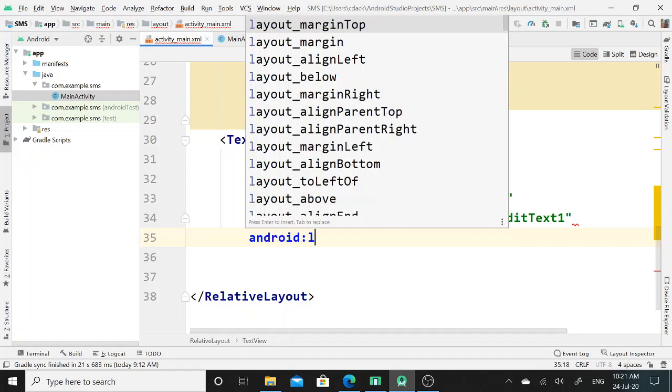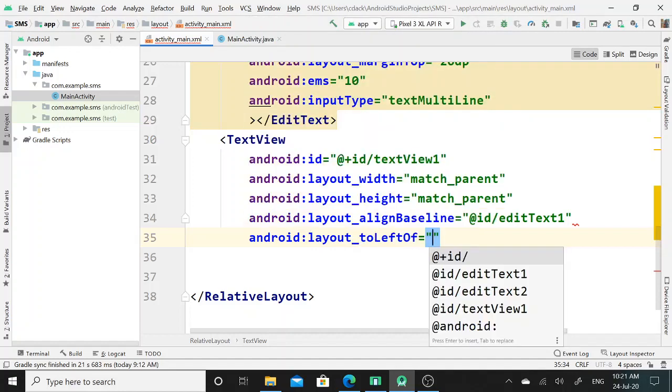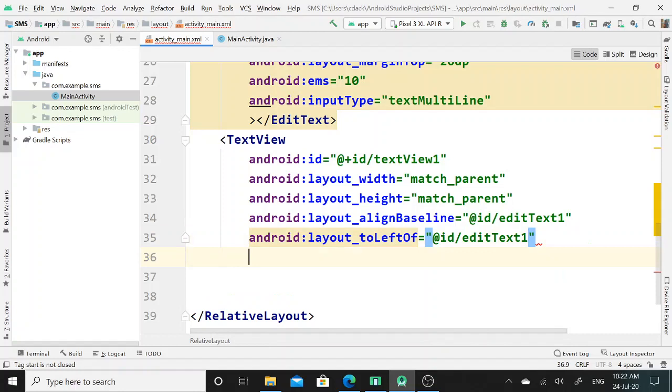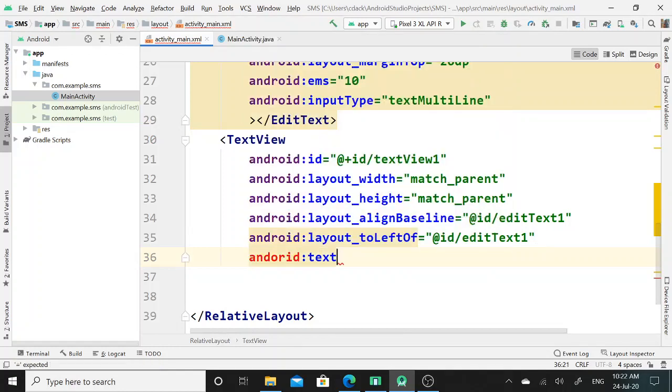Next property is layout to left of. Since I want to set its position beside the left side of the edit text one, I will enter here the ID of edit text one. Then I will set the text attribute to this text view.